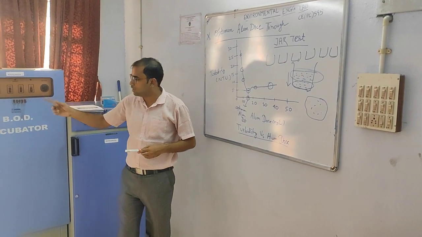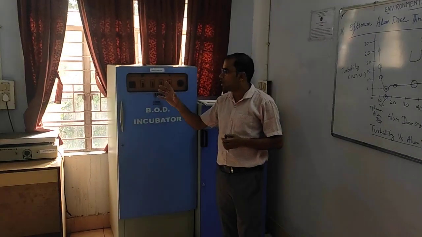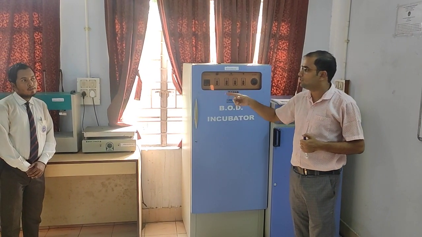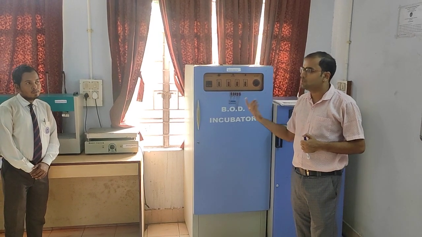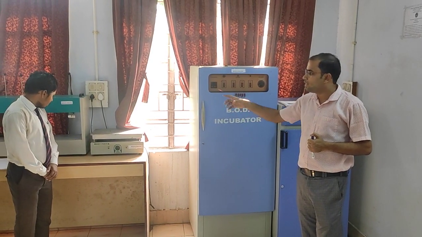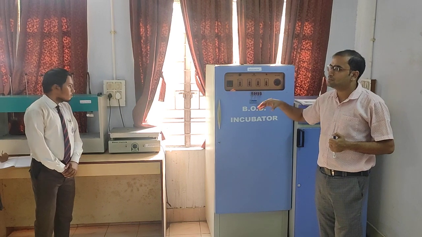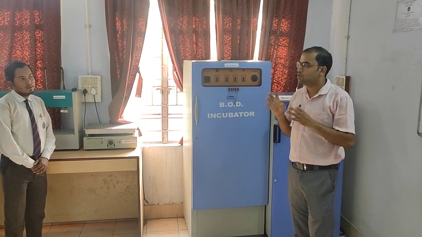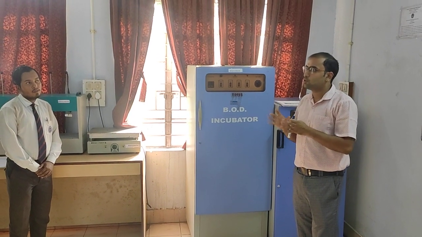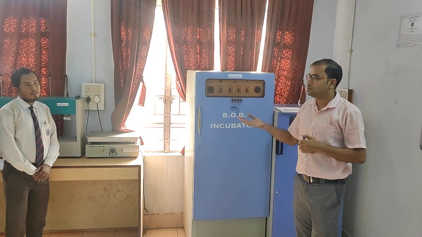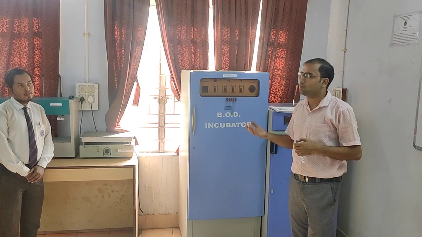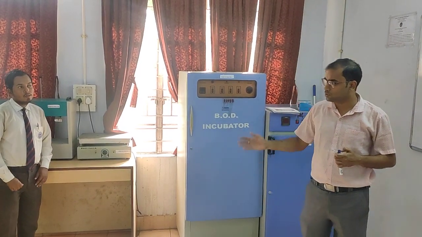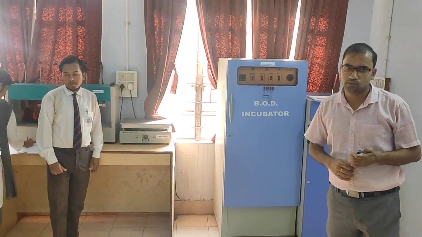Later in the experimental part, you can see how the 6 jars are inserted there, and after inserting, the paddles will rotate within that range of RPM. After the rotation of the paddles, at the end you have to note down the values, based on which optimum alum dose you can rectify or modify the water quality. Okay, so now you start the experiment.